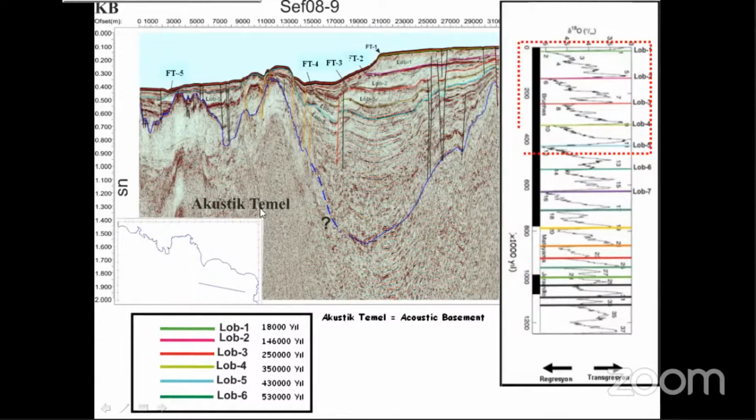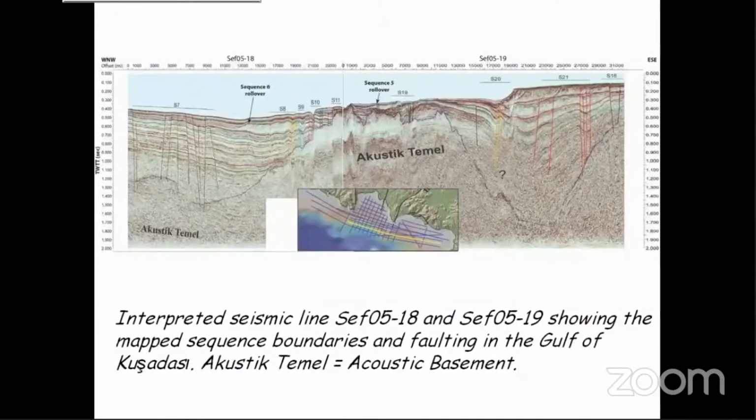You see here the acoustic basement, and the lobes, the different colors represent the different ages. This is the years in thousands, and I'm continuing. And as you see how I correlated the sea level changes and the stacked delta progradations,